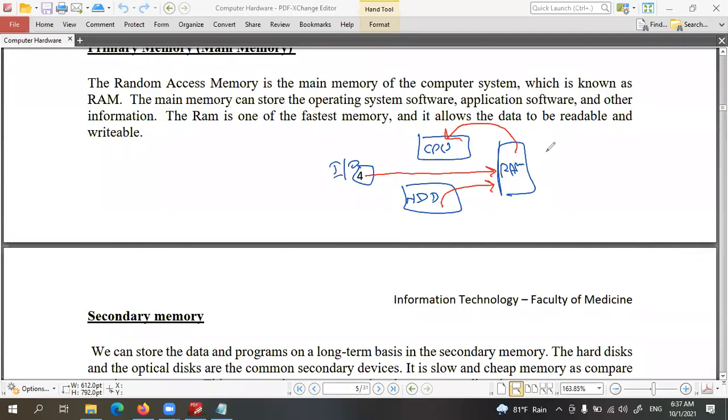The main reason for this is that the CPU is a very high-speed device, and hard disks and input devices are very slow devices. RAM is a very high-speed read and write memory, which can perform reading and writing at a higher speed. That is why the CPU communicates only with RAM.